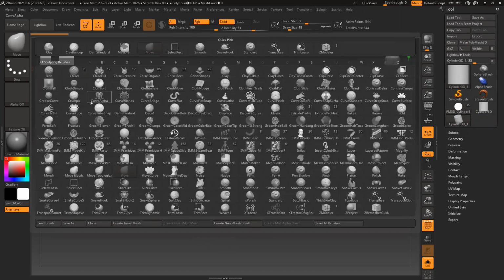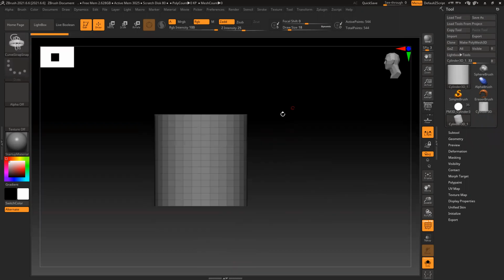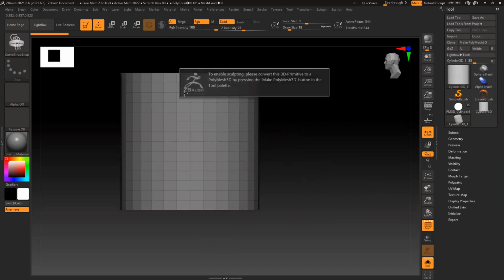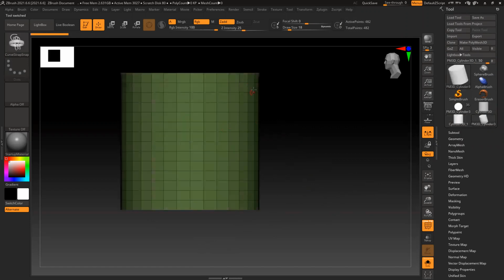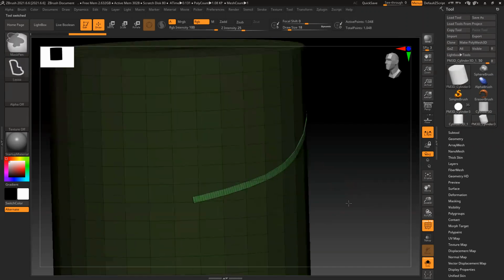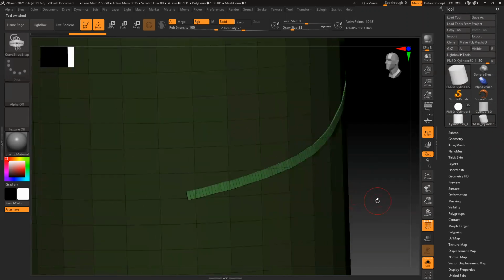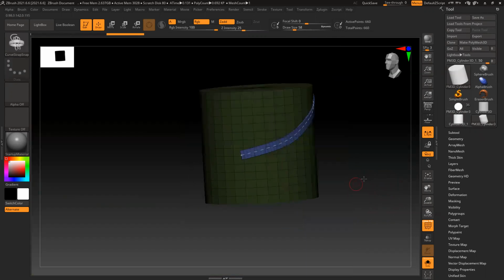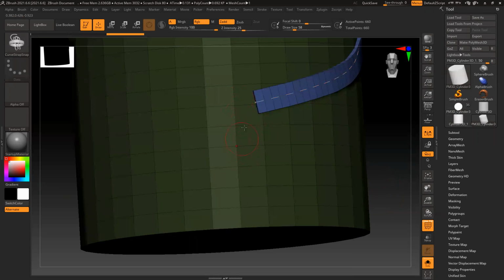There is a curve strap brush, which is the default in ZBrush. So either you can use this. To convert it to polygons, you have a module. Generate this and let's make the size slightly bigger where you can see it. Right, it's clearly visible. Now if you go close to it, you see there's a red line that snaps to it. You can continue this line.